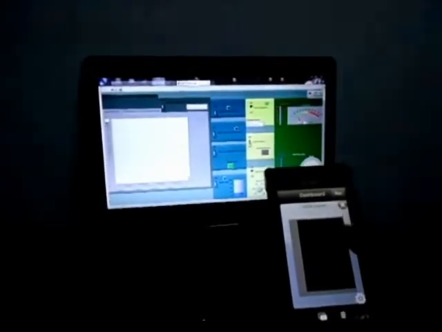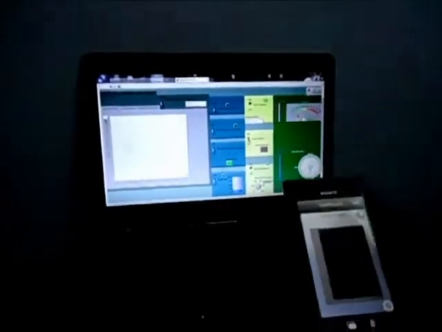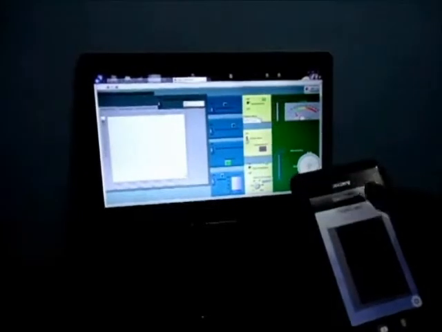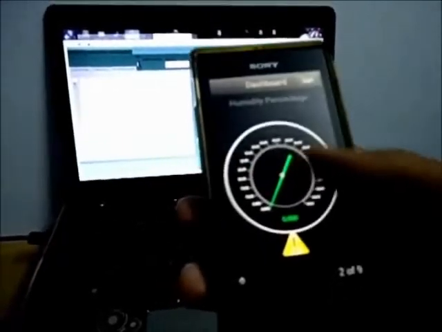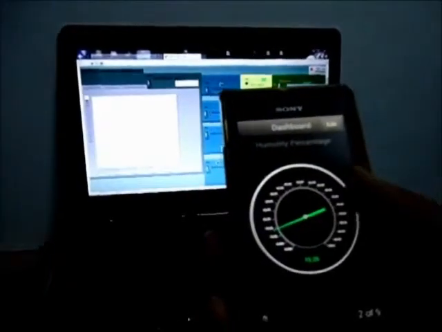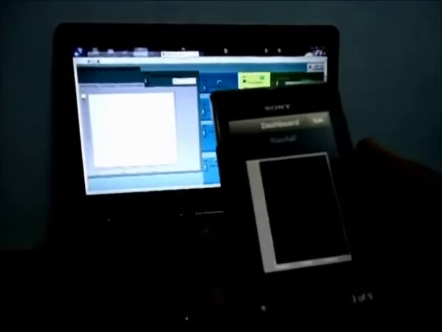We can observe the field conditions and also the parameters which are getting changed in this dashboard or in the mobile. As we can see, we can monitor the tank level, we can see the humidity percentage, we can monitor the rainfall,